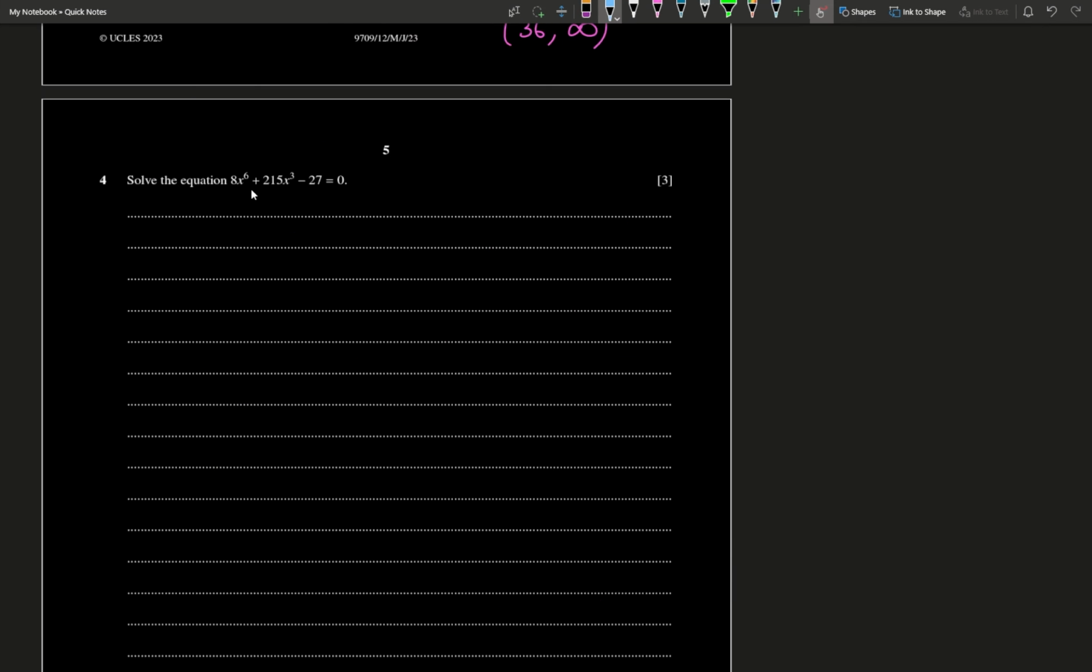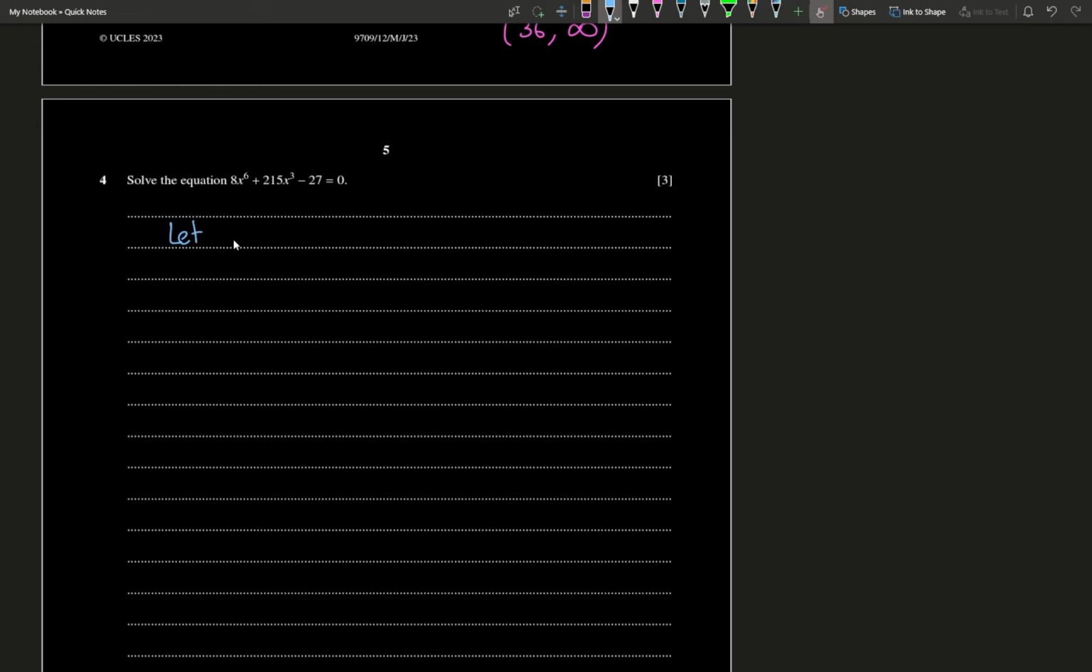Solve the equation 8x raised to the power of 6 plus 215x raised to the power of 3 minus 27 is equal to 0. فأنت أكيد بتستغرب من equation دي. This is not a quadratic ولا cubic ولا quartic ولا quintic equation. أنت عندك x raised to the power of 6 و x raised to the power of 3. مفيش x square ولا x ولا x raised to the power of 4. فأنت طريقة حلوة إنك تعملها إنك let x raised to the power of 3